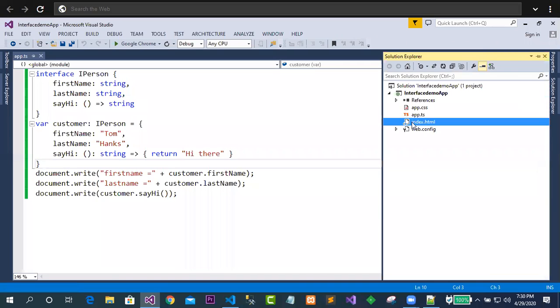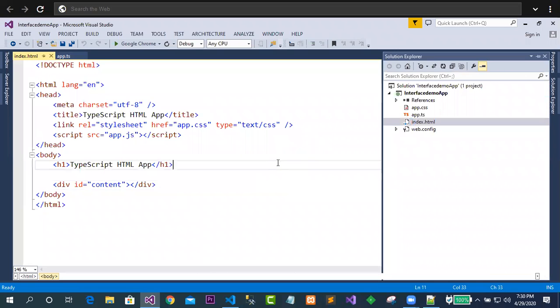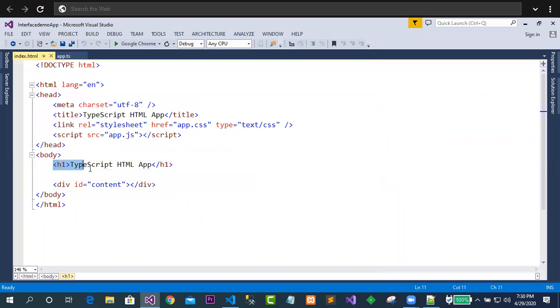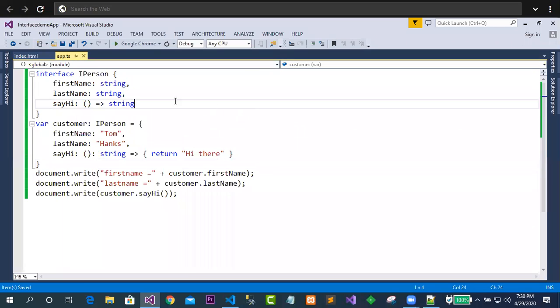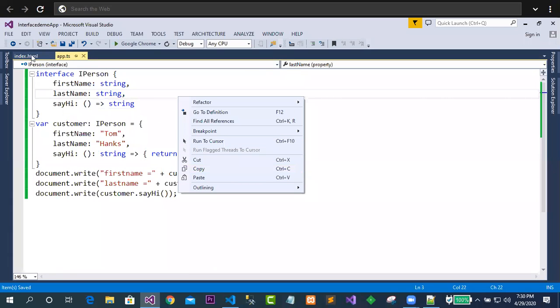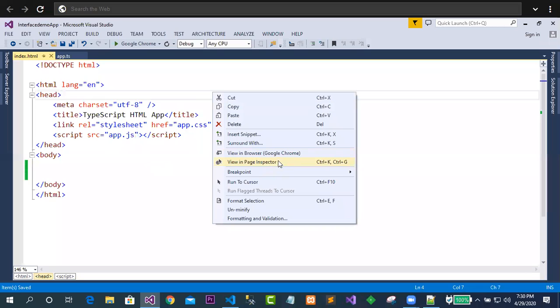Let me just check in the index page. In this index page I already have some default text. Let me delete this default text over here. I don't require these things. I don't require this thing also. Clear. So let me delete everything. Okay, so now it is using app.js. No problem guys. Now let me run this HTML.